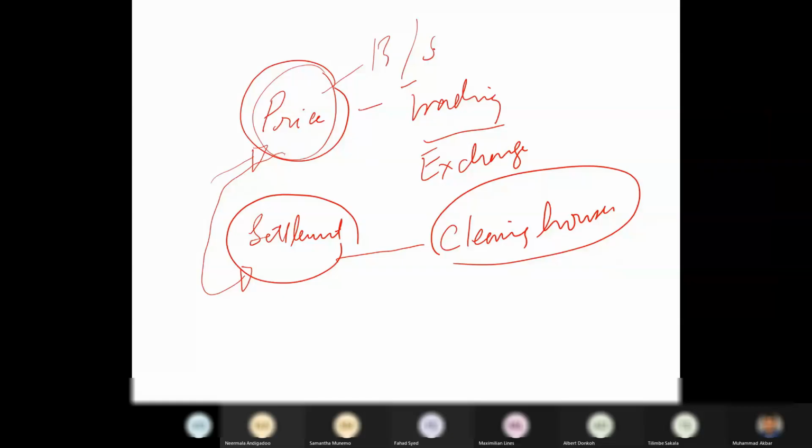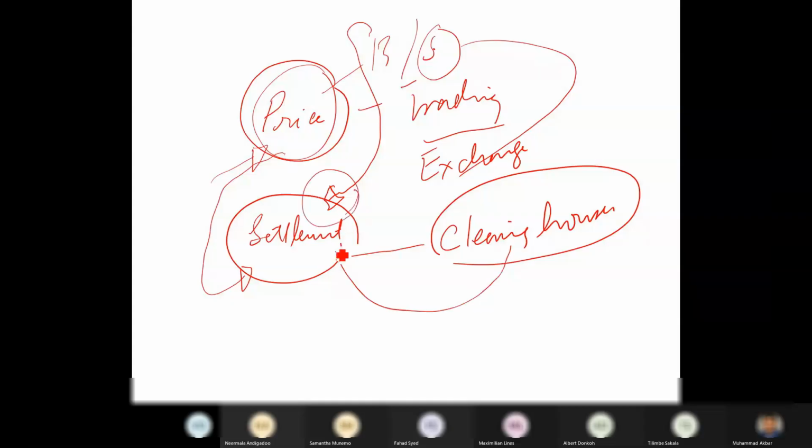Now, if I am the buyer and I come here for settlement 3 months later and the seller has already defaulted, I don't even know who the seller is on the exchange. Nobody knows who you are buying from or who you are selling to. So I don't know who the seller is, but the seller has defaulted. Now I come here 3 months later, I want to pay money and get my stuff, the commodity or the shares or the bonds, but the seller has defaulted. So I don't need to worry. Why? Because the clearinghouse is there, and the clearinghouse will guarantee that when I come here for settlement,